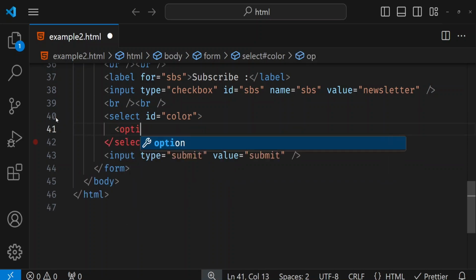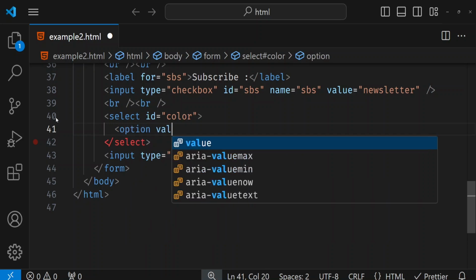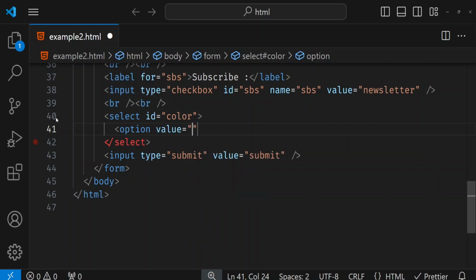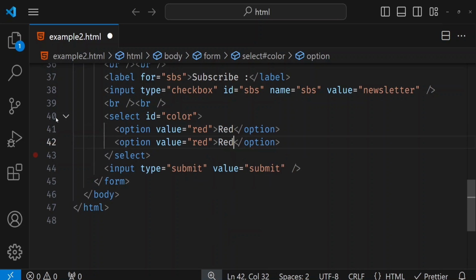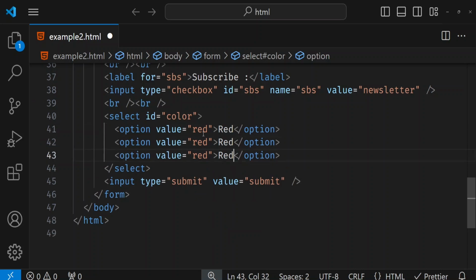So option tag, option value, red, then option value, this is green, next is blue,